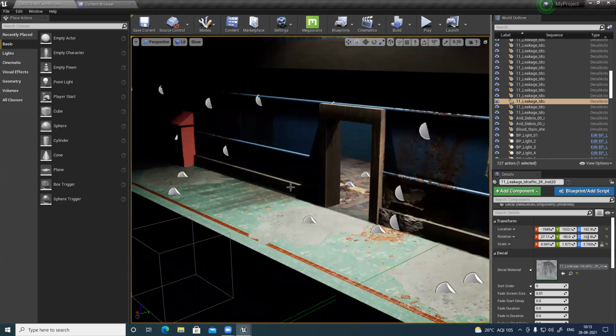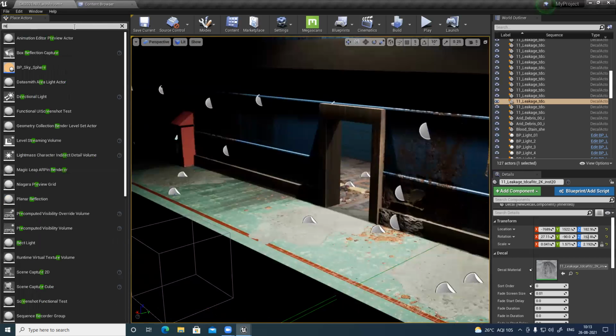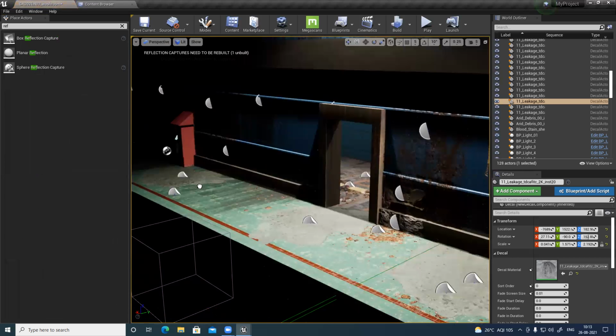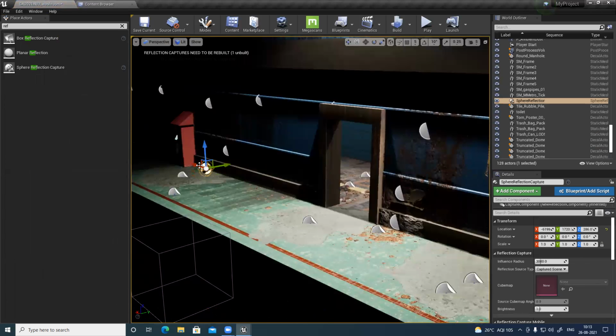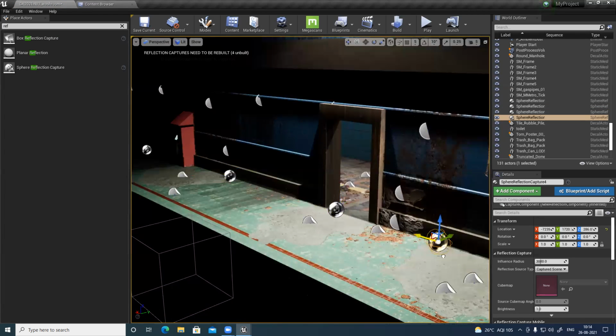In my scene, I don't have any reflection capture as of now. So I need to add those things. Reflection capture is basically, whenever you have a reflective surface, the light bounces multiple times, right? So to generate that, we use reflection capture. And I'd personally recommend using multiple reflection captures instead of only one. And inside also I need to add those things. So I can create. So let's see.